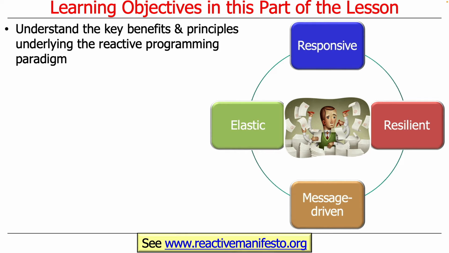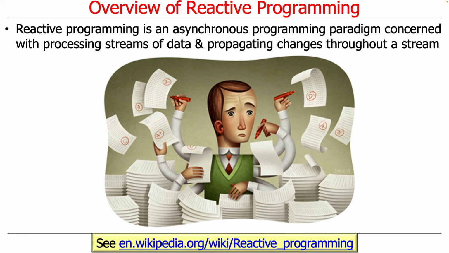I guess these days you can't do something new and different without a manifesto. Actually, there's been manifestos for a long time. The Communist Manifesto, the GNU Manifesto, the Reactive Manifesto. I'm sure there's other manifestos. There's probably an Agile Manifesto as well. And you'll see that the manifesto properties and principles described for reactive programming include responsive, resilient, elastic, and message-driven.